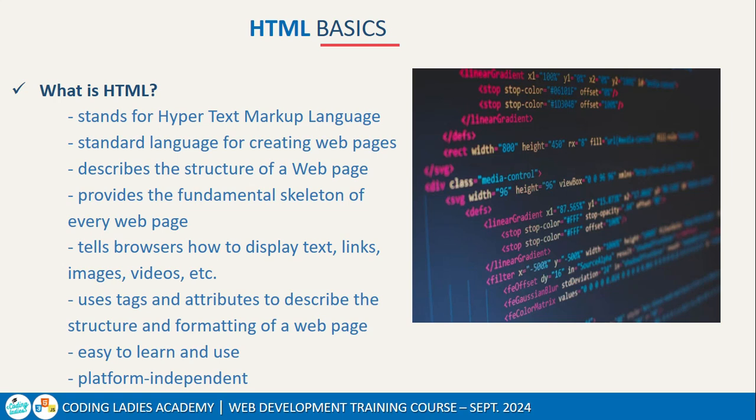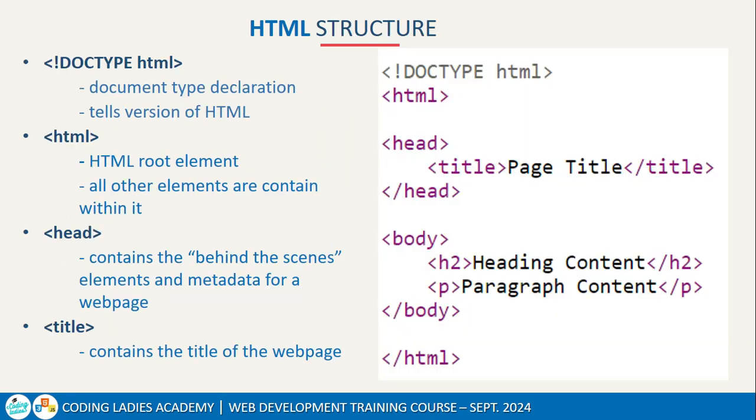And so let's look at the structure of HTML. All right, so when you look at the image on the right, you could see some code written. So this is how an HTML file looks like. So this is just a simple HTML file, which has, the first item there from the top is